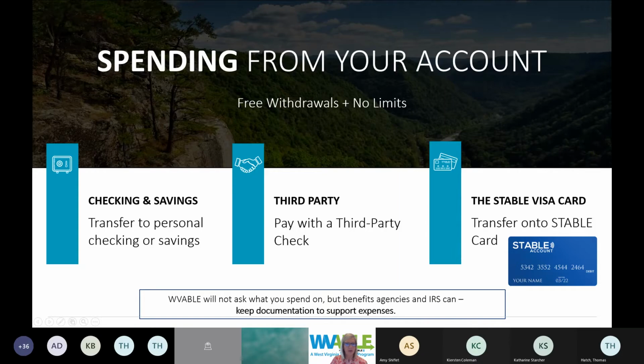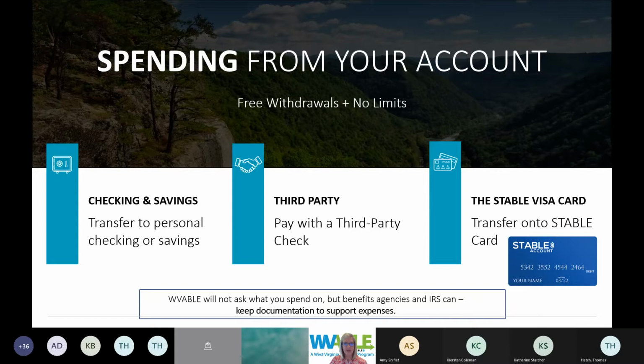So as for ways on how to make a withdrawal and get money out of your account, know that there are no fees and there is no limit on making withdrawals. If you have linked a current checking or savings account, then that's also a means in which you can move monies from your stable account back over to that linked checking or savings. You can also make withdrawals by requesting a check. That stable would issue a check to a third party. They could also issue this check to the account holder or the ALR. And then there is a stable Visa debit card.